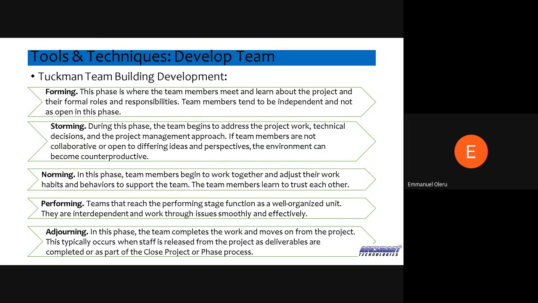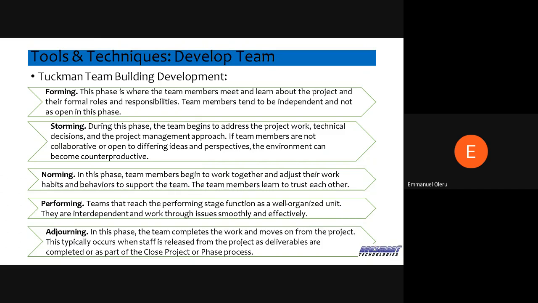Then the next stage is what we call the storming stage. Storming stage is where they start doing the work and decisions need to be made, and you start seeing different people and how they handle things in a different way, right? In that stage it's very important that people are open to different ideas and different perspectives, and they're able to collaborate. However, it is the point where you start seeing people with different ideas, and so that's why it's called storming. Things are not exactly the way you're thinking, and there might be some disparate opinions.